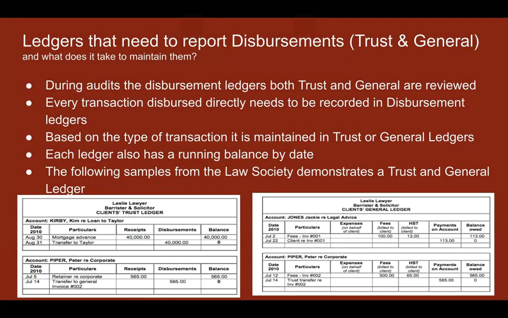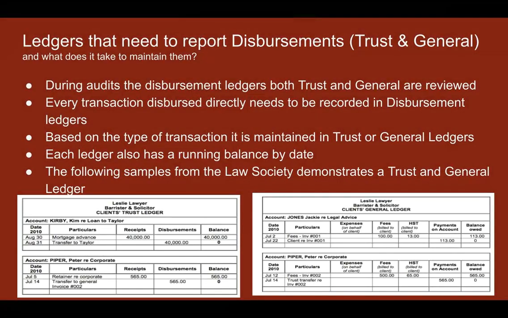Recording these disbursements is an art, right? First of all, finding whether it's out of trust or out of general. Then once you know it's out of general or trust, adding all those particulars, date and amount and method of payment and, right, whether taxable, non-taxable. How does this help you?